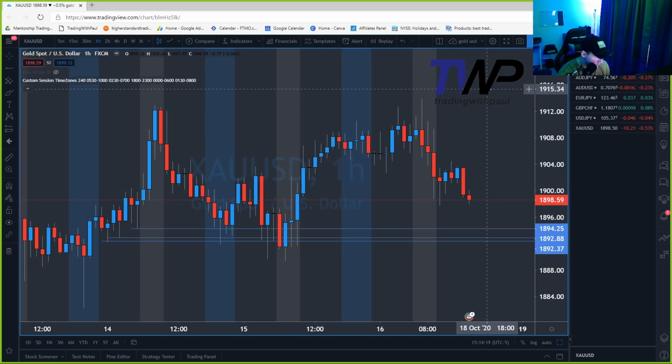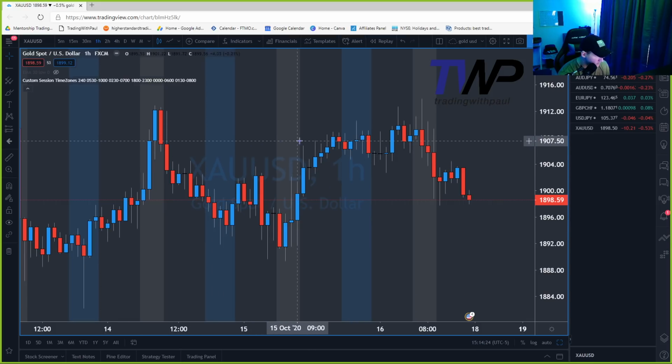Let me just do this real quick and see if I can spot. Now we can go to the other side, right? Here's a sell candle right here, because that wick is at the top of the body of the candle. I call it a wick. Okay, here's your entry right there, right at the opening of that next candle.